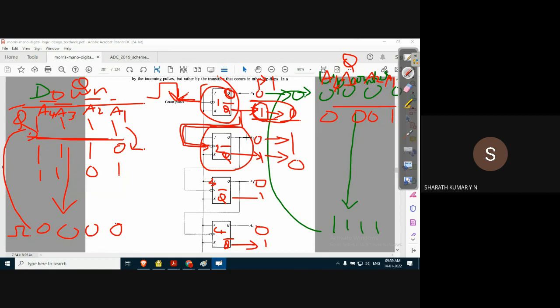What is happening on the normal output of the flip flop? A1 will transition from 1 to 0, and A2, the normal output of the second flip flop, is going from 0 to 1. So the normal output of the up counter, basically, is 0010. Okay, this continues. The second flip flop normal output is going from